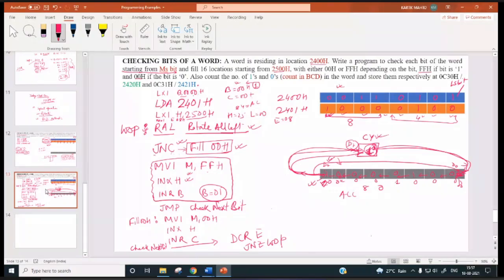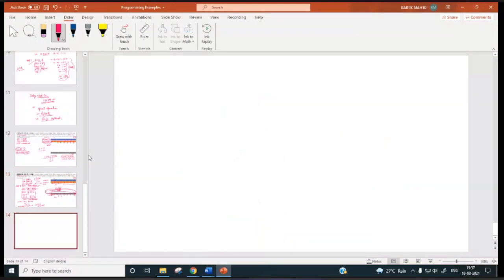So once again, I am writing. First of all, I am just clearing the carry flag, XRA A. Then LXI B, 0000, C equal to 00, A equal to 00, B equal to 00.